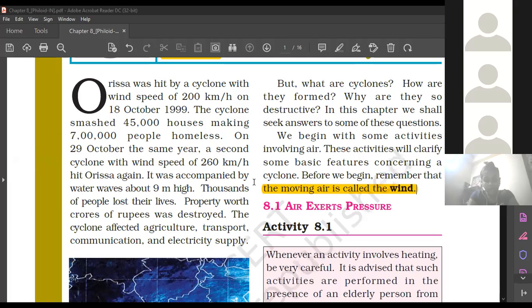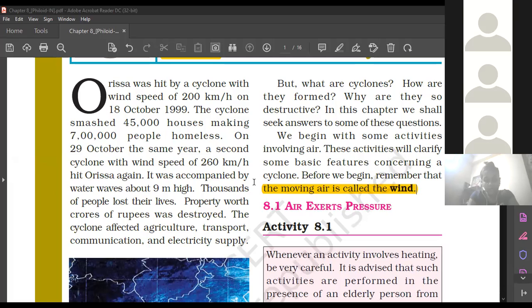Someone is asking about the primary layer of the air. Okay, the troposphere is the primary layer of the air, or the first layer of the air from the ground surface. Okay, so always we are saying the moving air is nothing but